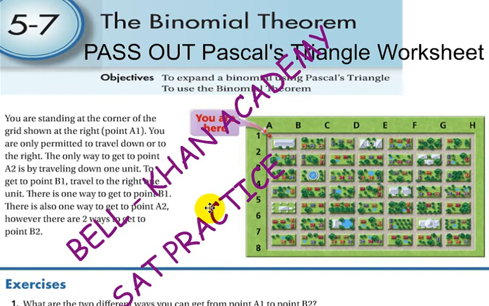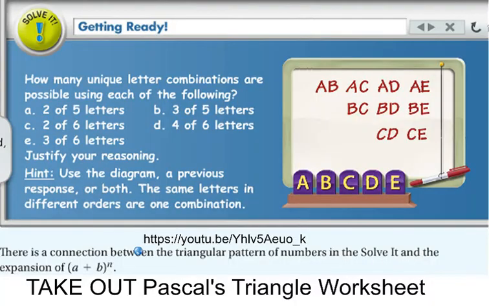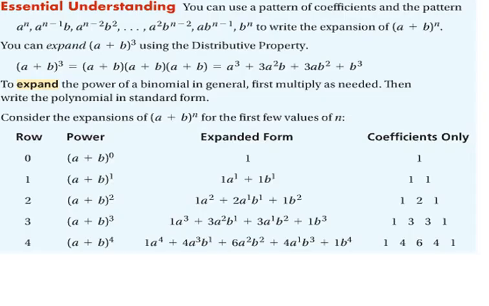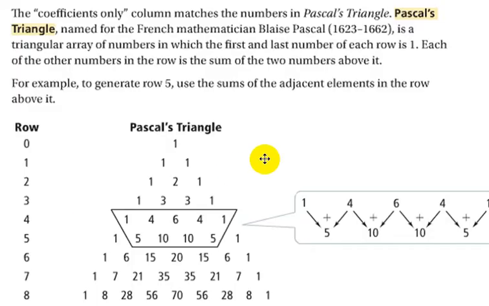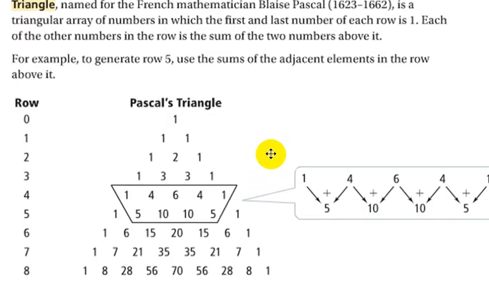Now we're going to move on to something called the binomial expansion. And instead of doing a bell activity, we're going to watch a Khan Academy video. So before we start, I'm going to pass out something called Pascal's triangle. Okay, Pascal's triangle, when you get the sheet, you will notice that